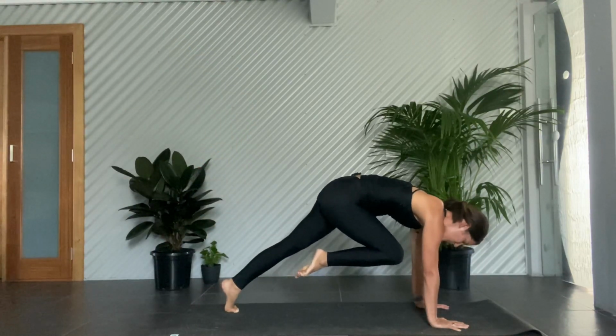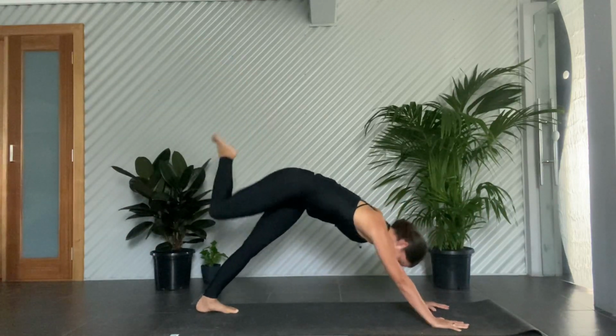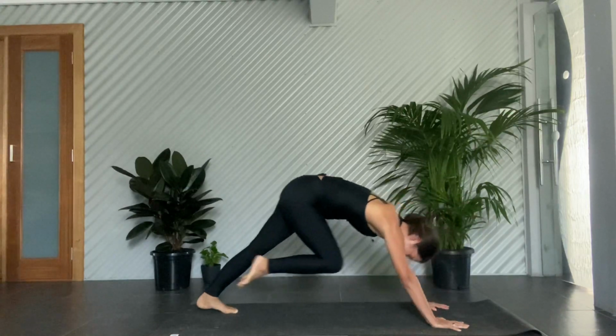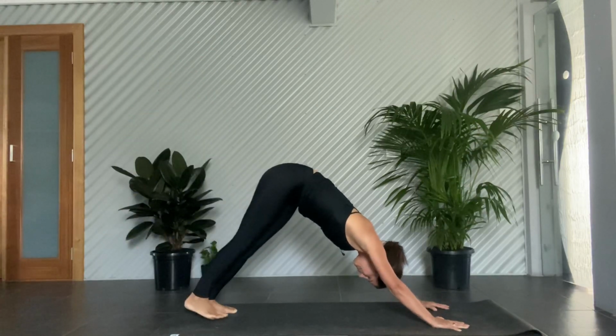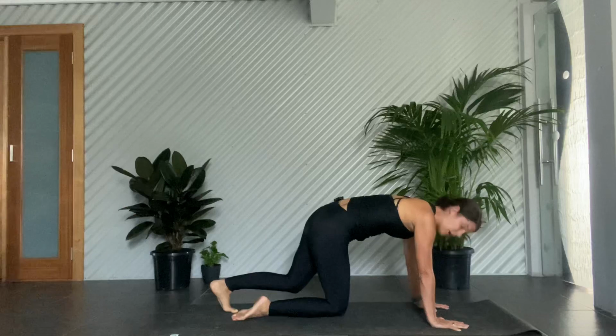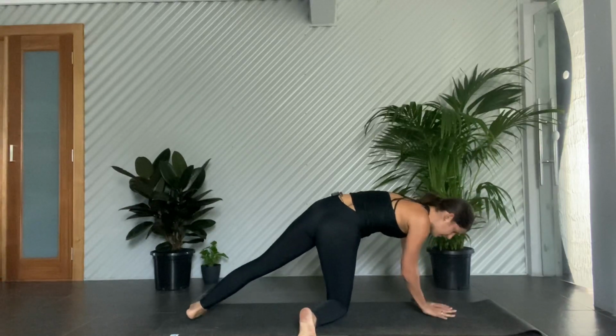I'm going to do one more of these, extending the leg back up and behind. And drawing it in. Draw the breath in, let the breath out. Nice, take the leg high and slowly release the foot back down. Now this time you're going to take your right knee to the ground. Option again, if you want to take that foot onto a 90-degree angle and then take your right hand beneath